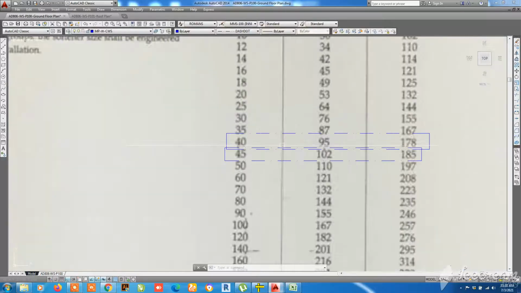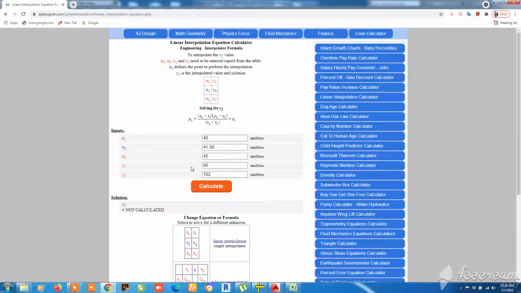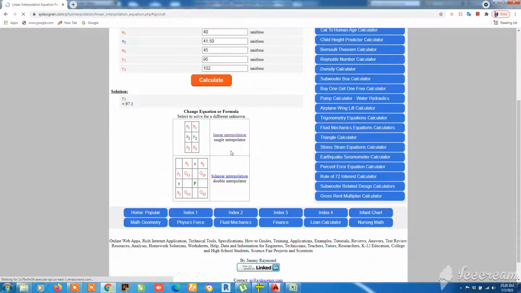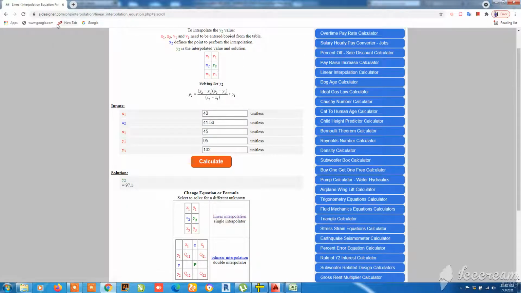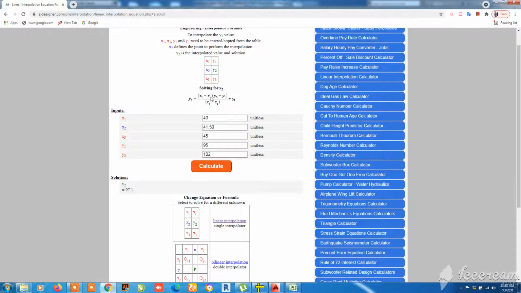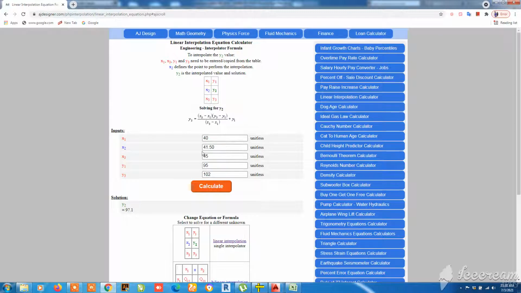Again I will explain. This one we got 41, which means the present value. Then for the value above we need to get 40, and next y1 95, and x2 45, and y2 103. Then after that you get this value. Then you need to go to this website, adlisteners.com, and then you will get the proper calculation.